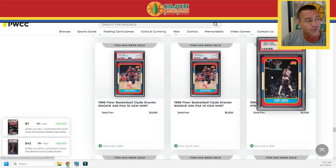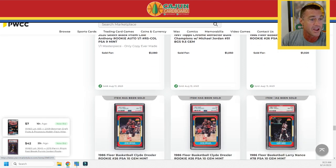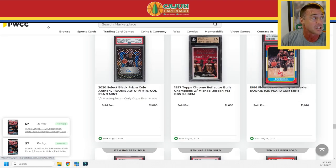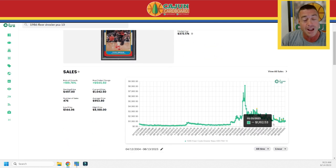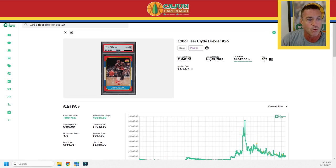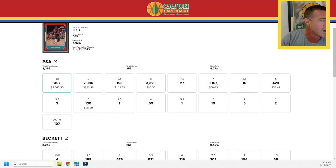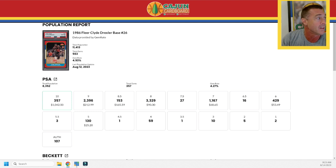We've got a Nance 86 Fleer, and then we've got a serious run here of Clyde Drexler's, and you see 3 of them here for $1,020, but there's actually more than that. I've got him pulled up, and I probably am kind of exacerbating the problem, but I just wanted to show people at some point one person paid $8,000 for a Clyde Drexler PSA 10 rookie card. There's 357 of them out there. Of course, we know a little over 10,000 have been graded, but